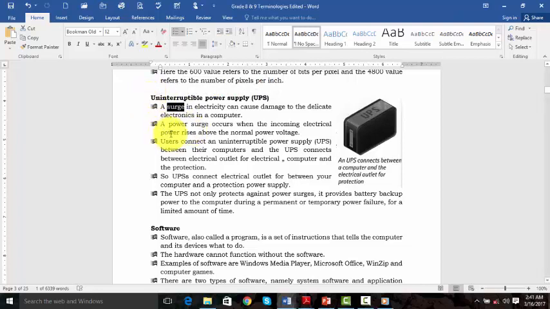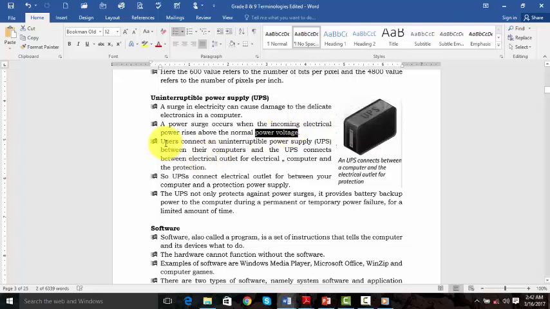A power surge occurs when the incoming electrical power rises above the normal power. When the power goes and then comes back in a short period, it comes with high voltage, causing maybe your television or your computer to be blown off.